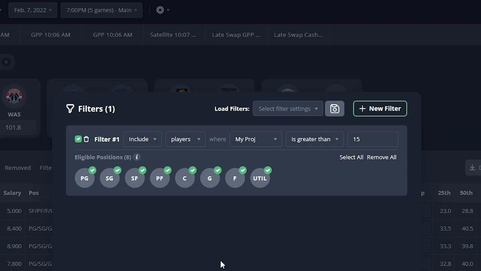across the board. And this filter typically says include players where my projection is greater than some number that we think is appropriate for that particular sport and slate type. In the case of NBA classic slates, it is typically 15. For NFL Showdowns, for example, it will be 0. And for NFL main slates, it will be about 3 points. It's just a baseline filter that we use to make sure that there are not very low projected players going